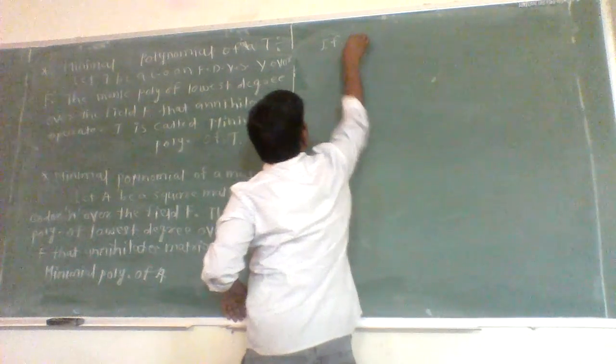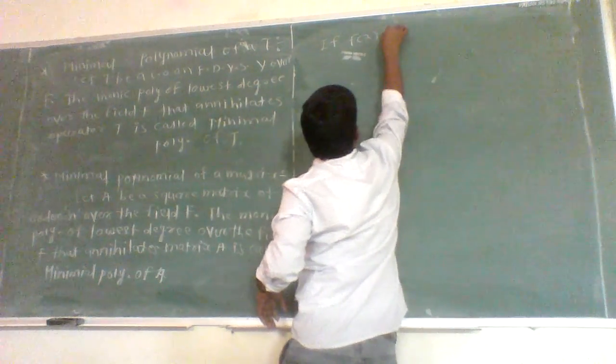So if A is any square matrix of order n over the field F, then the monic polynomial of lowest degree over the field F which annihilates the matrix A is called the minimal polynomial of A. A polynomial annihilating the matrix A is the same as the characteristic polynomial condition, and we have already seen the characteristic polynomial of a linear operator and of a matrix. Now if f(x) is any minimal polynomial